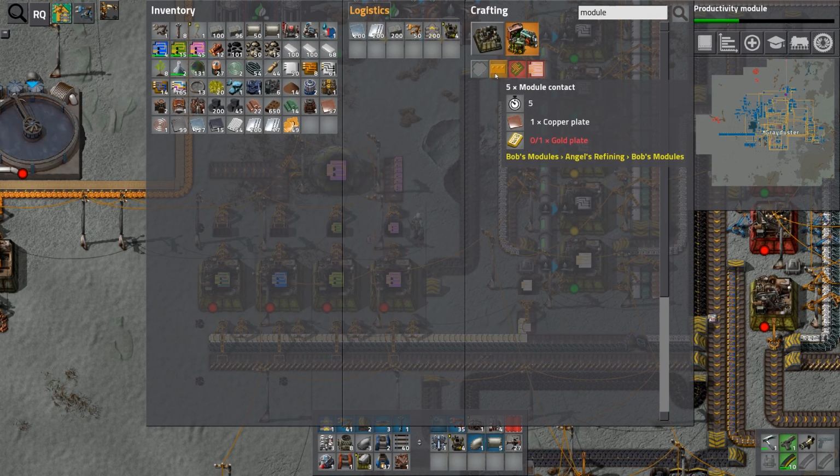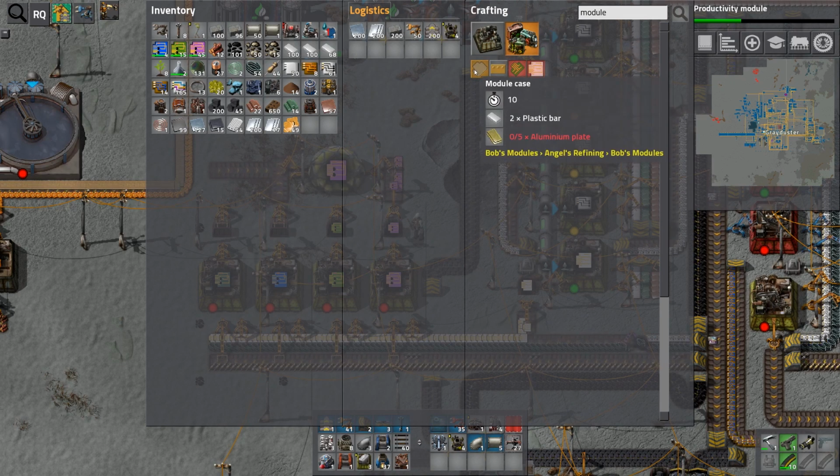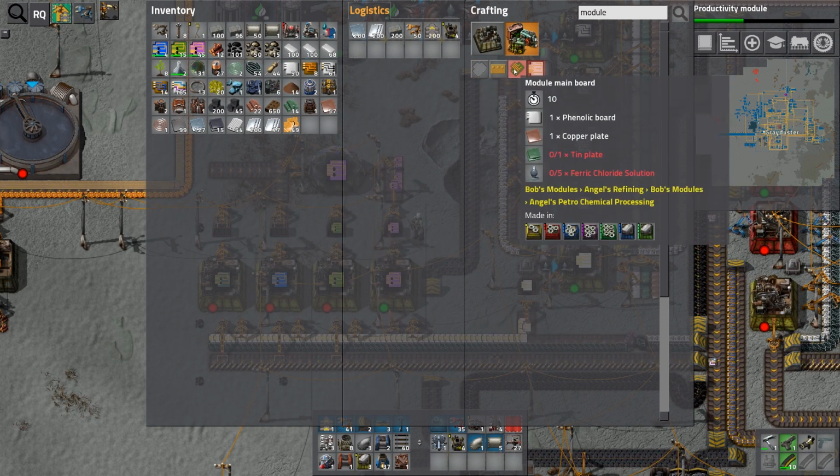So module contact is copper and gold. Ooh, we haven't got gold yet. That's going to have to be an interesting one. I have to figure out how to get gold plate. Module case is aluminium plate. Okay. That's going to take more exploration as well. Module mainboards, that's actually fine. We can just switch...